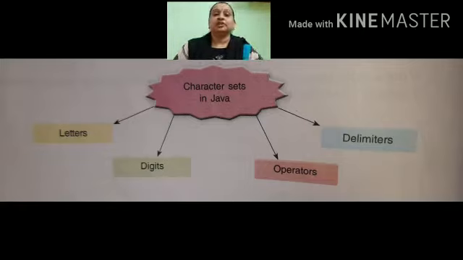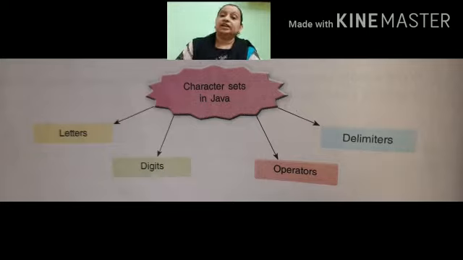Delimiter. So delimiters are special characters in Java language. Delimiters are comma, semicolon, brace sign, square bracket. So these are used for a particular purpose. Like we use comma when the same data type is used for more than one variable. Like instead of writing int a, int b, int c, what we can do? Once we write int, then a, comma, b, comma, c.